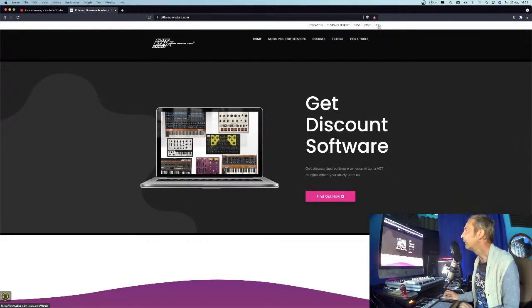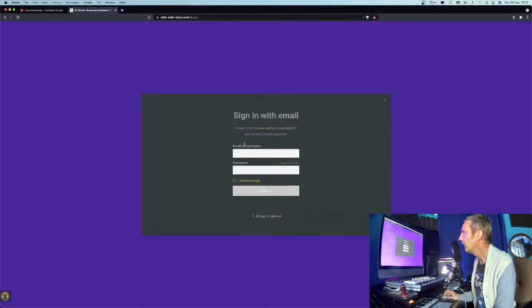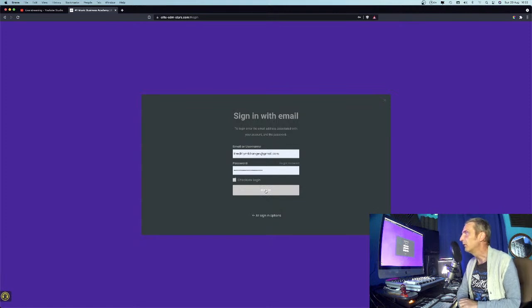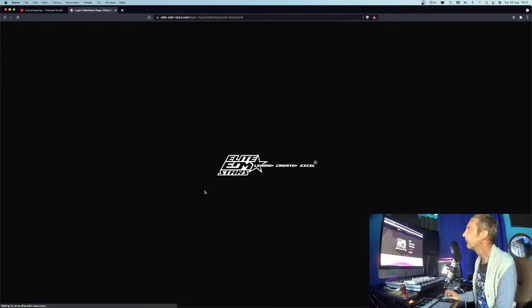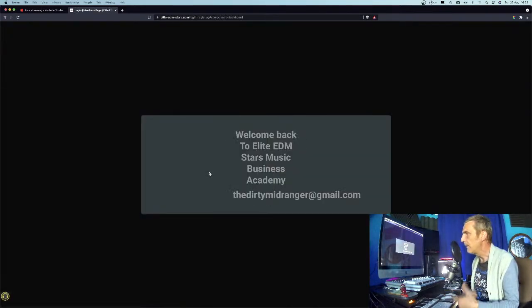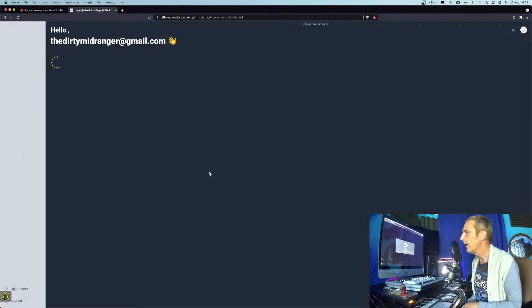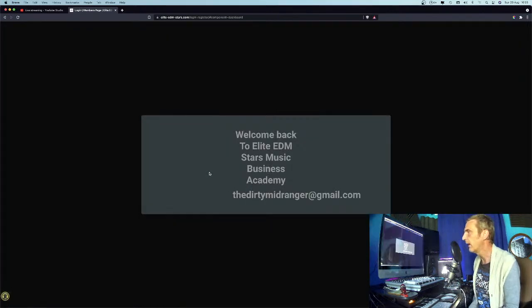So to get to the website, once you purchase a course, you would then have to log in. You will be forced to create an account. Even when you purchase, it will ask you to create an account. So once you access your login, I'm going to log in as a student here. You'll see as I log in as a student and not the instructor, this is what's inside your dashboard. The API may load a couple of times. It settles down, it'll load, and then it may flick back and load again. So just wait for it to load, wait for it to settle down like it's doing now,